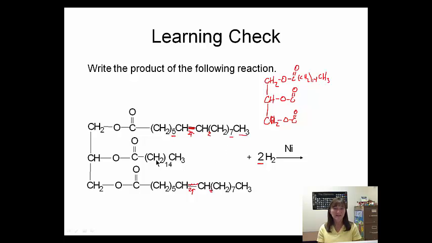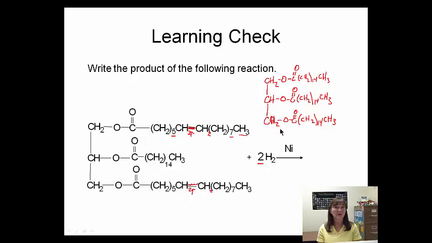This one here in the middle, it didn't have any double bonds, so I didn't have to hydrogenate it, so I'm just going to copy that exactly like it is. So 14 CH2s ending with a CH3. This molecule here, I'm going to have 5 plus 2 more plus the 7, which is going to bring me to 14 again. In this particular example, we end up with 14 CH2s, but that won't always be the case. So there is the formation of my triacylglycerol